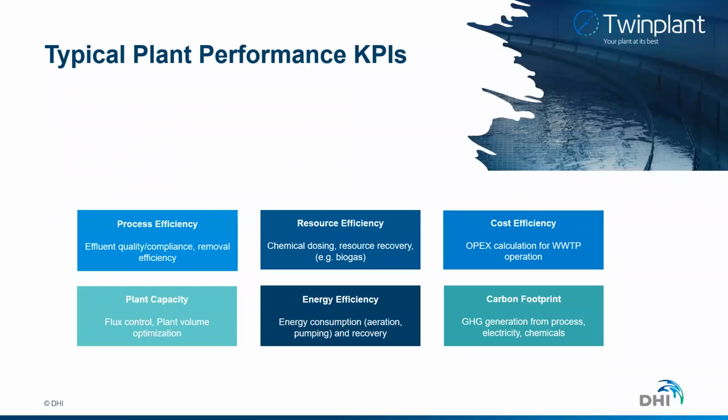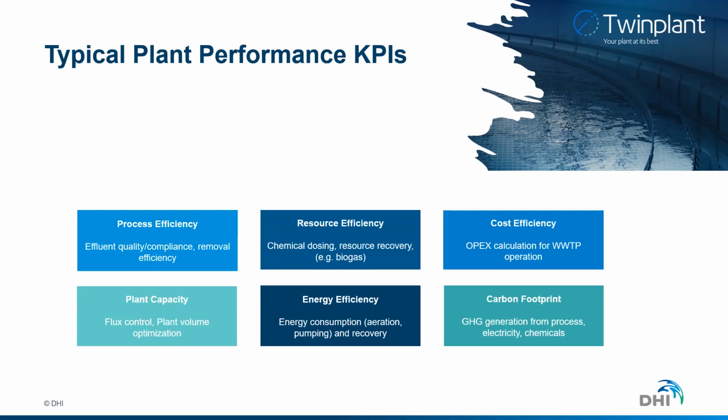But if we move a bit deeper into different types of performance goals, then of course you can talk about livable cities and compliance and sustainable development goals. But the 6 that we see here are probably the most typical goals that you want to work with when you construct Twin Plant solutions. So that's about process efficiency in terms of cleaning, how well you clean your water. Resource efficiency could be in terms of how much chemicals you use, but also how many resources you're able to recover. Cost efficiency is always